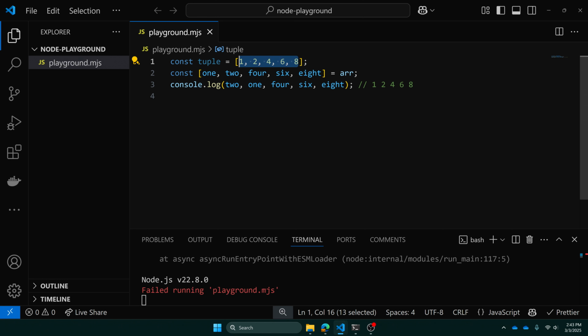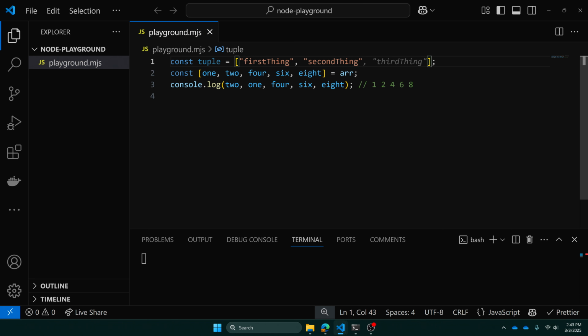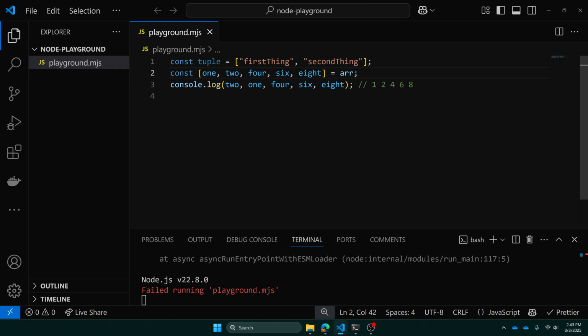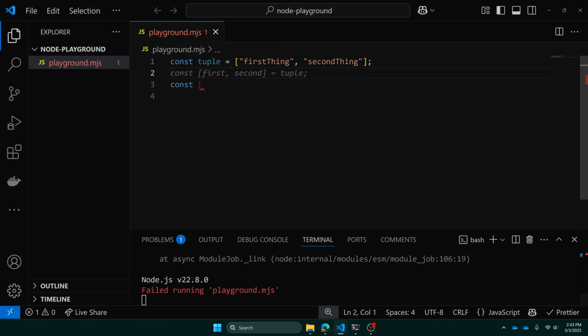It's just kind of like there's always going to be this first thing and there's always going to be this second thing. So we can use an array to represent this, but logically we're going to consider that this is a tuple. Now, every time that somebody receives this tuple, we can just tell them in the API documentation that